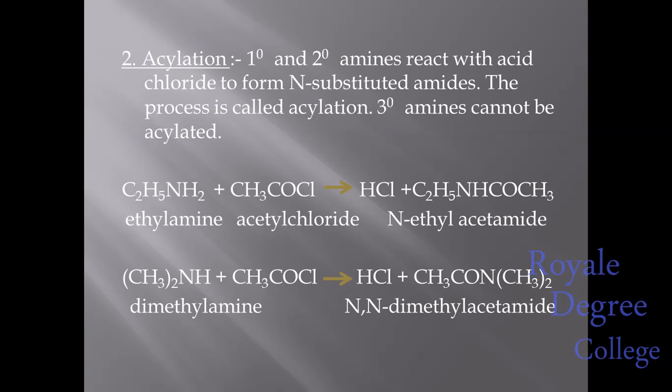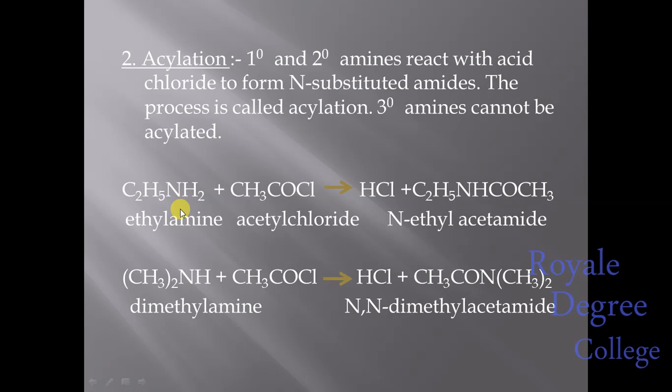Second property we will see of amine, acylation. Primary and secondary amines react with acid chloride to form N-substituted amide. The process is called acylation. Tertiary amine cannot be acylated. See, here we are taking